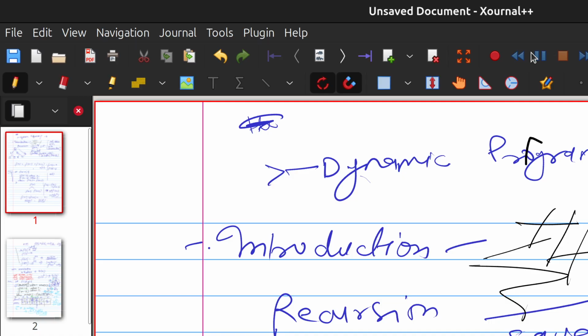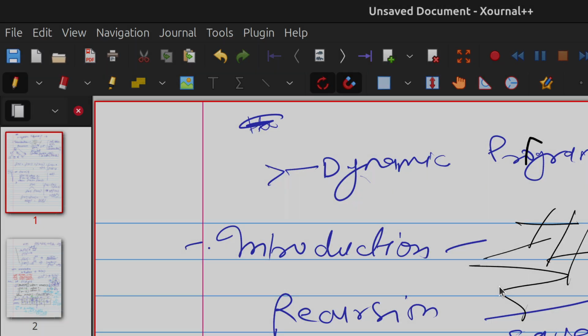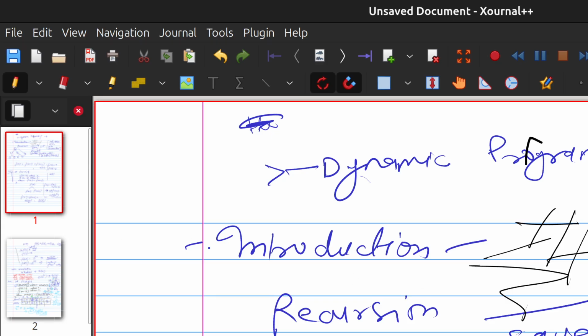I am trying to start this audio recording, I don't know why. Alright, I think this is working, right? So OBS is working, so I have